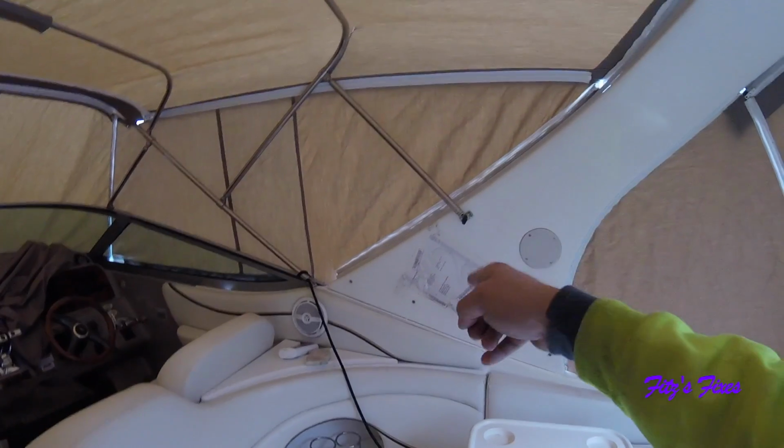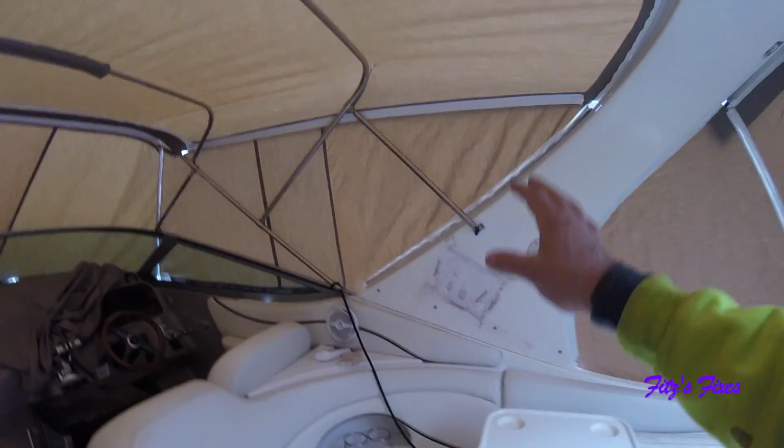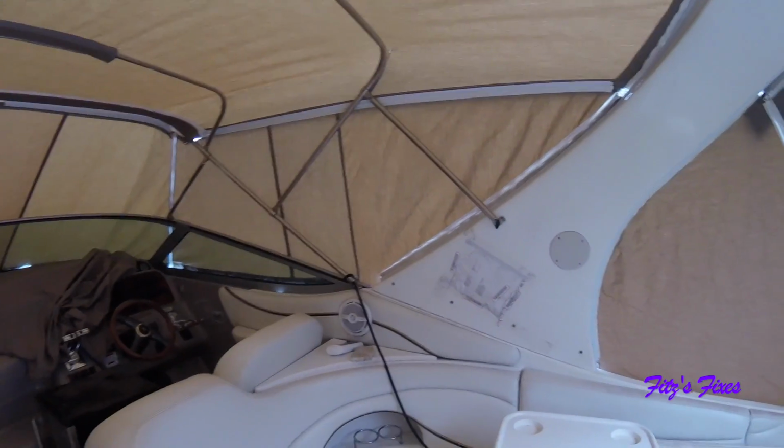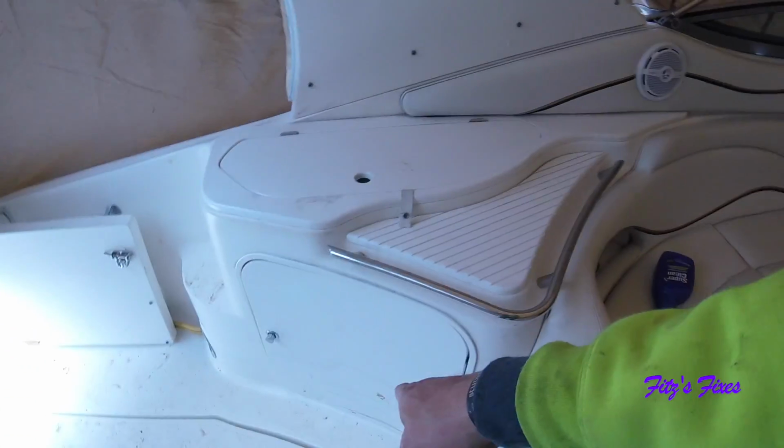And I am way too fat and tall to get in there, so I'm going to have one of my employees get down in there. He's a little fella, so he'll get right in there. These sides are all done because I can get to them from under here. No big deal. 4 of those. And